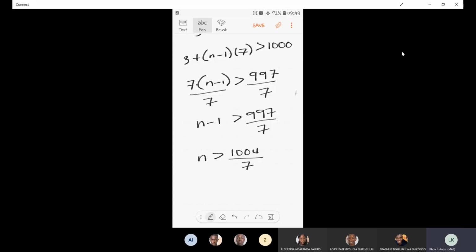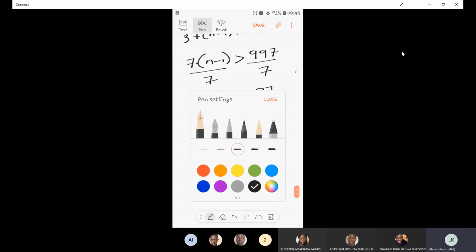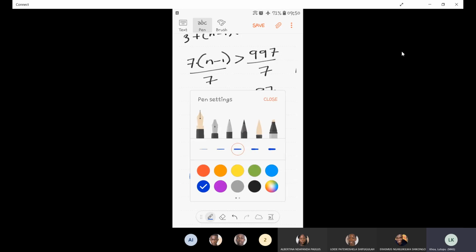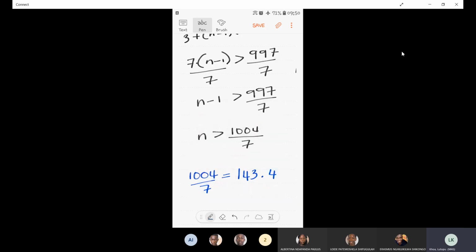Okay, so this value here, when you work it out, this is 1004 over 7. When you work it out, you get 143.4. But then you need to remember that terms are like people. You cannot have 143.4 people. That is not possible. To get half a person or a quarter of a person, a term is, this is the first term, the second term, there's nothing in between. So if we want our